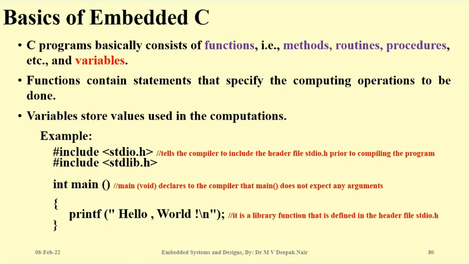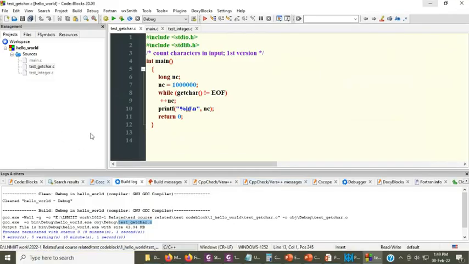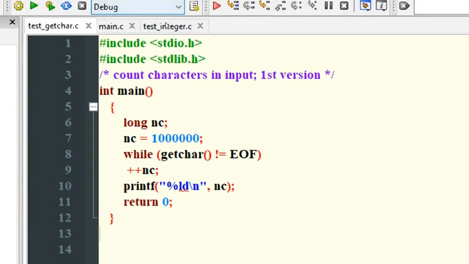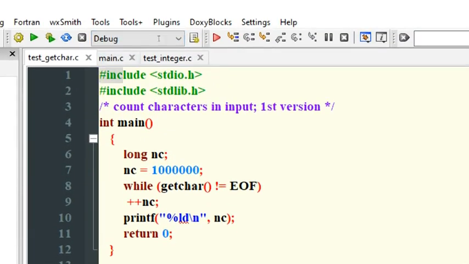There are so many things within the C program which I request you to please go through and focus on. For example, let me go to Code Blocks. You can see here there are many different colors used in writing a program. When you are writing a program, don't always use a black and white color scheme.